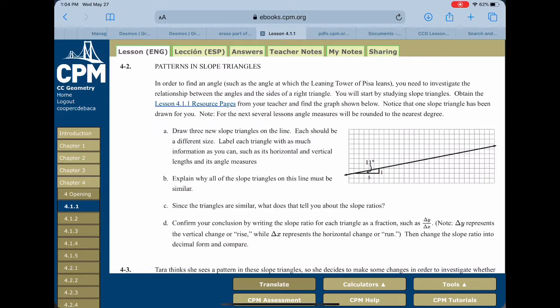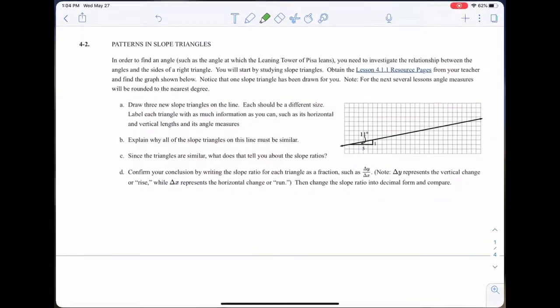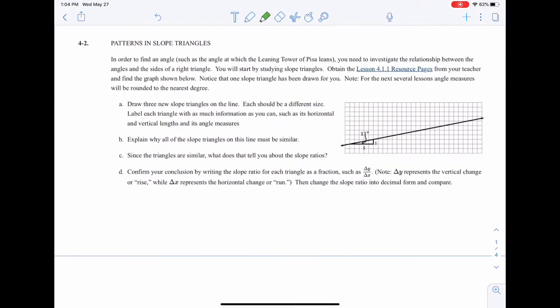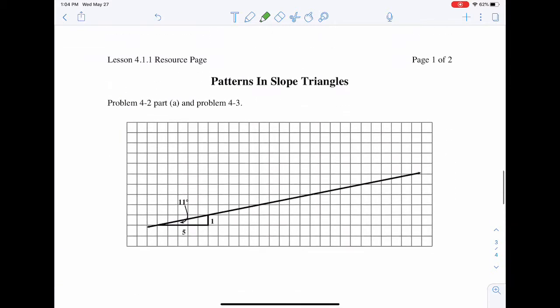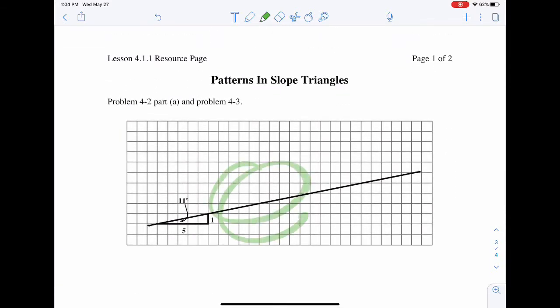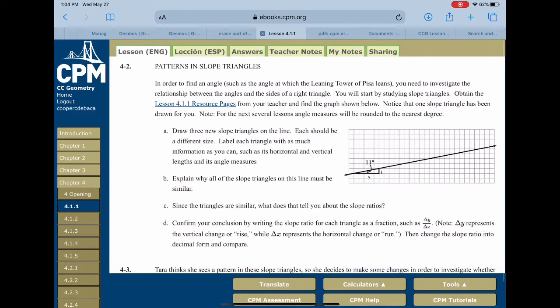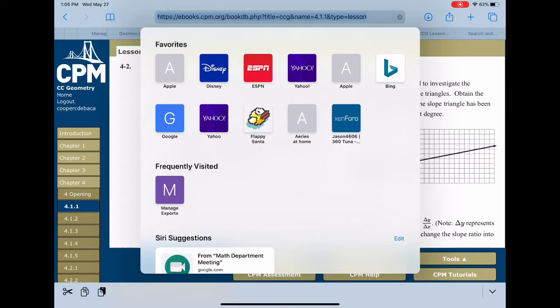For me, I have an iPad, and so I can use Notability. And so I bring the resource page into Notability, and I can draw on it here. For you, on your Chromebook, you also have an option to draw on PDFs. And so if you go to Google,